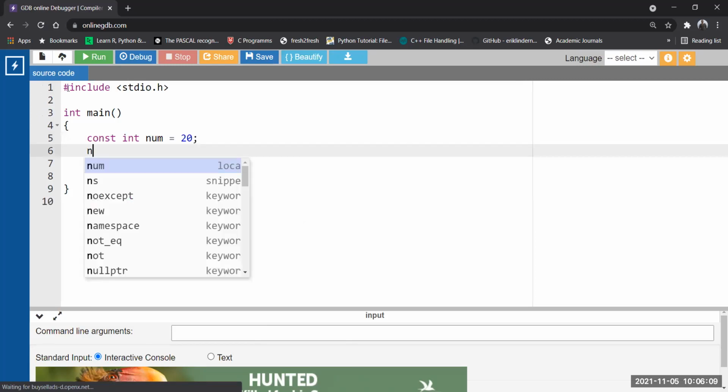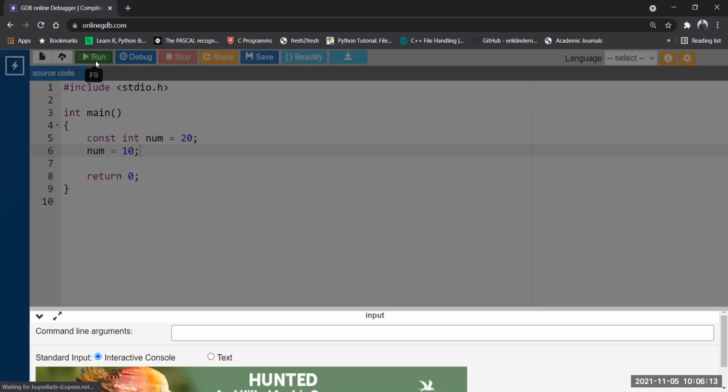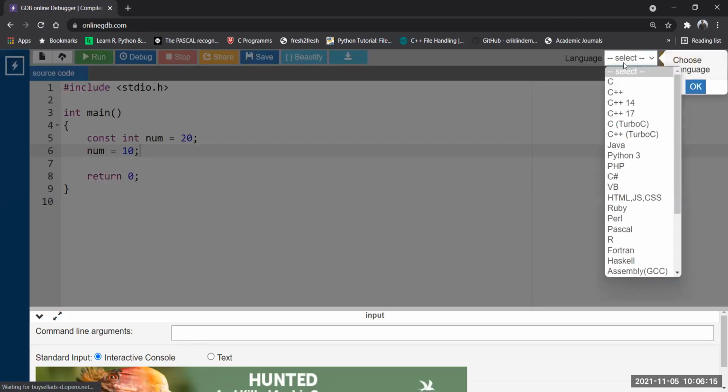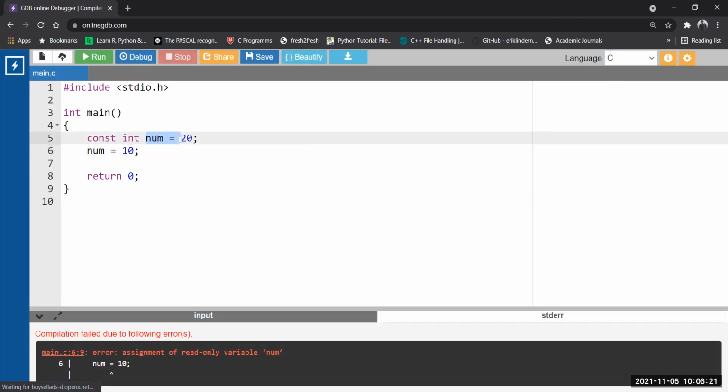If I try to update the num, we'll get an error. Error, because num is a read-only variable, not allowed to update.